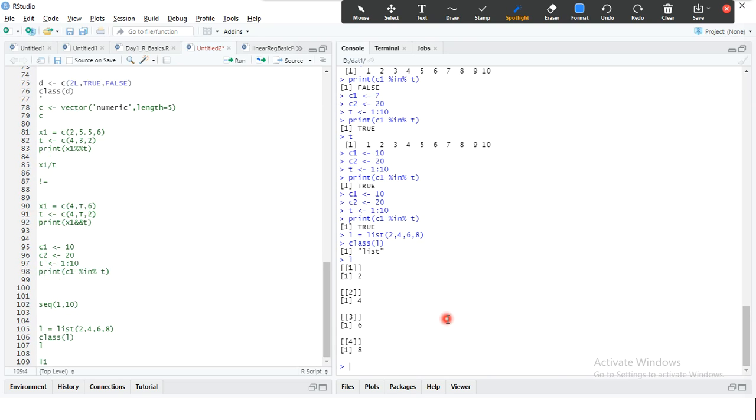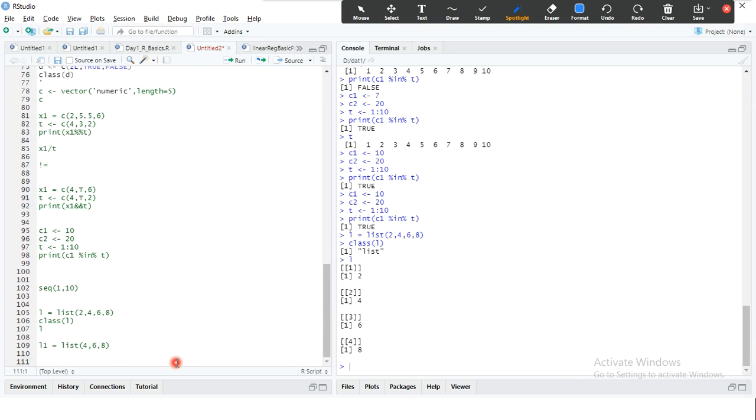And I am going to create another list, L1, with 4, 6, 8. Let us check the length of both the lists, which is the same.